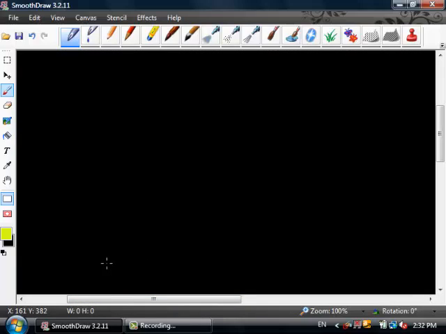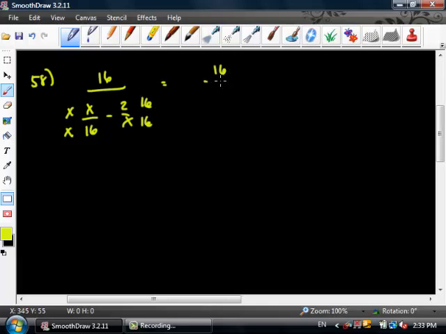Okay, number 58. 16 over x over 16 minus 2 over x. So a common denominator needs to be found on the bottom, so that's going to be 16x. This thing gets an x, this thing gets a 16. So I get 16 over x squared minus 32 over 16x. This top cannot be factored because 32 is not a perfect square, so I'm just going to multiply everything by the reciprocal. So this is going to be 16x over,